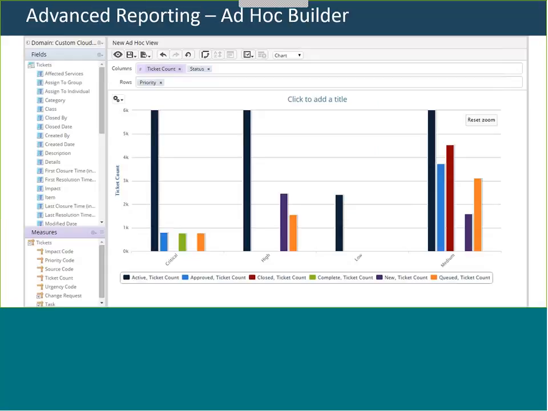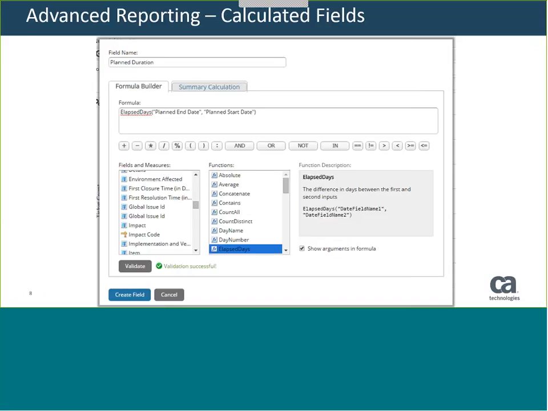With advanced reporting, we now can create reports on any information in the database through a visual interface that allows anyone to build their own reports with very little instructions. Just drag and drop fields to have tables, charts, or cross tables done. You can create new calculated fields right on the ad hoc builder,